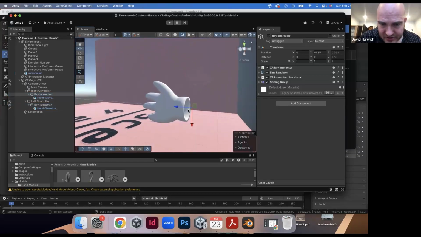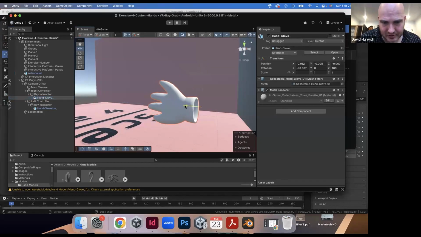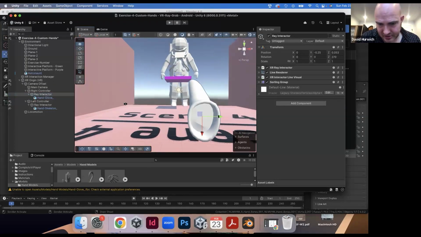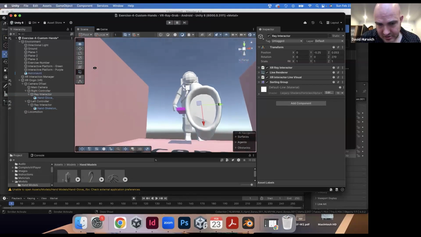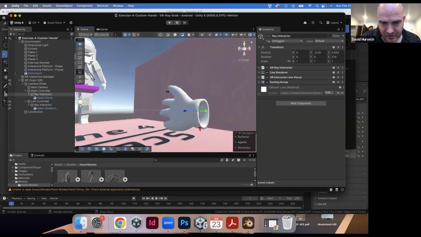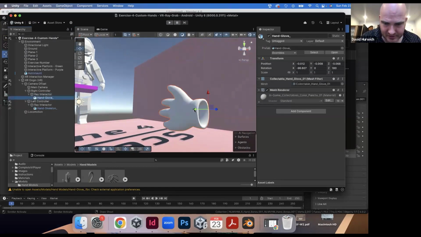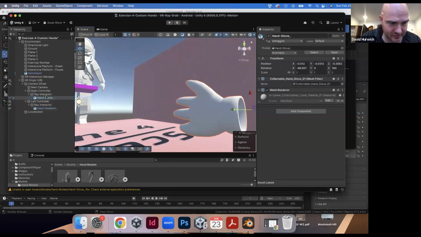Actually, this is going to have the line go through it, so let's move this glove back. Yeah, that's good. So the ray indicator starts inside of the glove. Do I want that? I think I'm going to pull the glove back so it starts at the tip of the